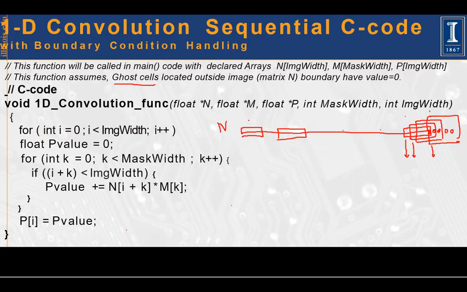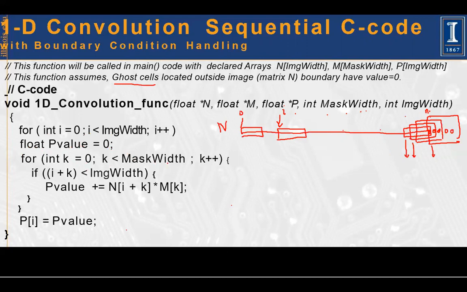which determines where I am at any time, I. In this n, I am at this location I. And this I will change from the 0 position, and in the end it will continue till n minus 1, or the length of this array, which in this case is image width. So this loop from 0 till image width minus 1, increasing, is sliding the window over this. Then I initialize a constant p value to 0.